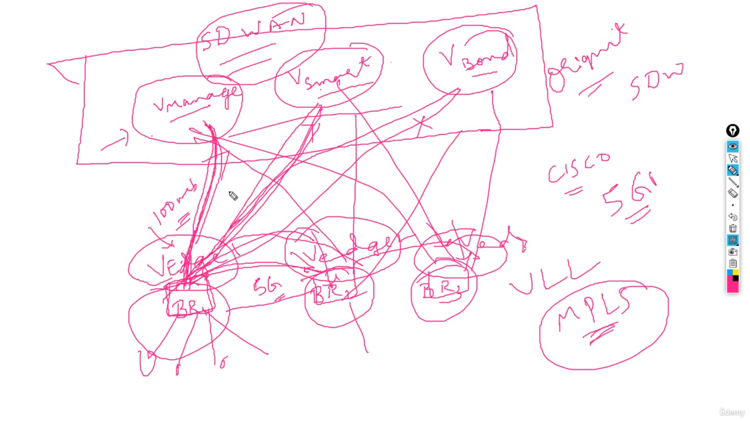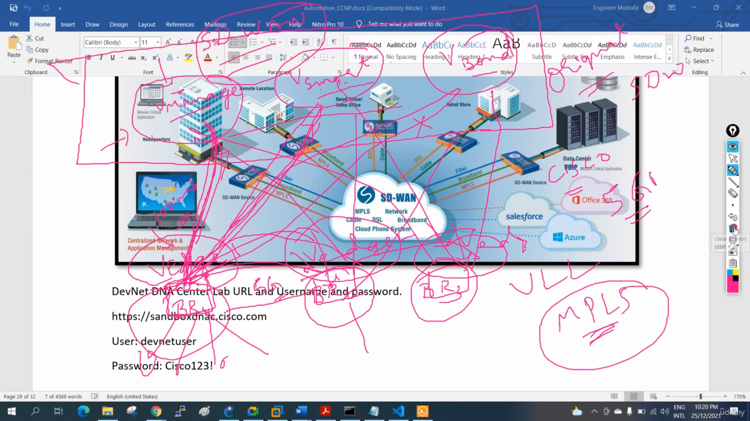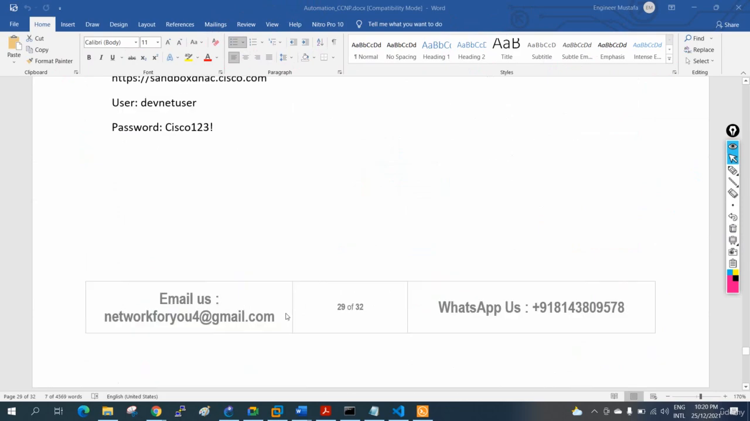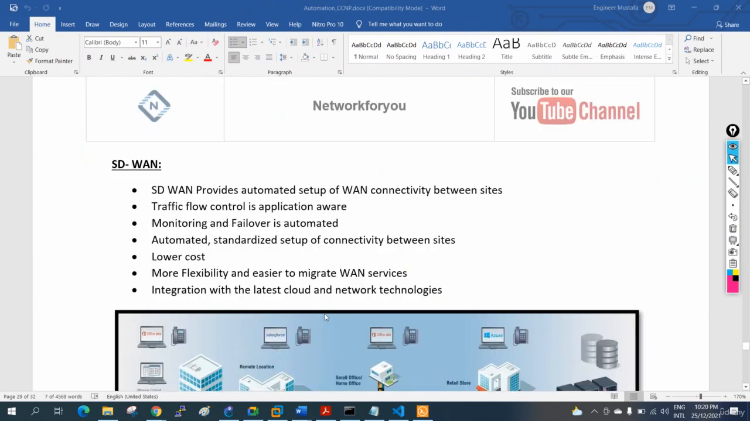So all these devices are communicating with the vManage and vSmart. vManage is the same like Cisco DNA Center. So from here we can control all these devices. Okay, so this is what we can say, these are our devices. So SD-WAN. So let me